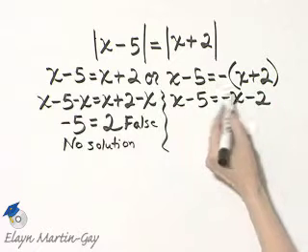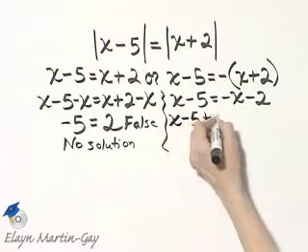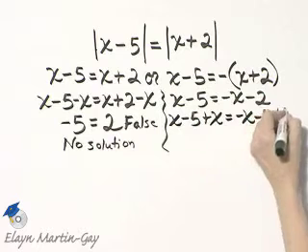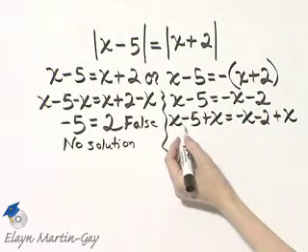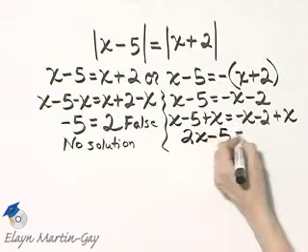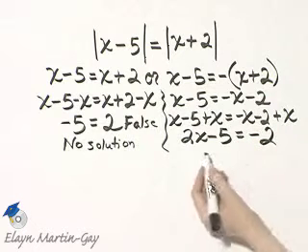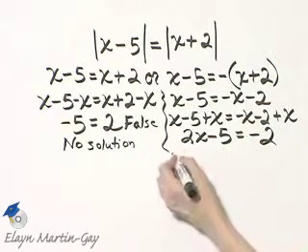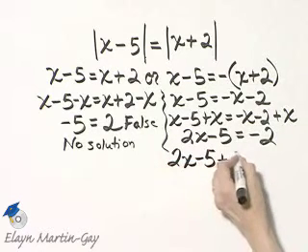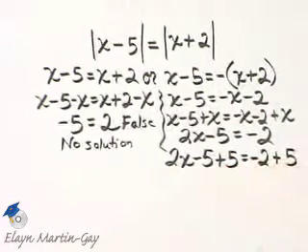Now I will add x to both sides. So here's the left side, I'll add x. And here's the right side, and I'll add x. Notice what happens on the left side. x plus x, that's 2x, minus 5 is equal to, these x's subtract out, and I get negative 2. Now let's finish solving. I'll add 5 to both sides. So here's the left side, and I will add 5. Here's the right side, and I will add 5.